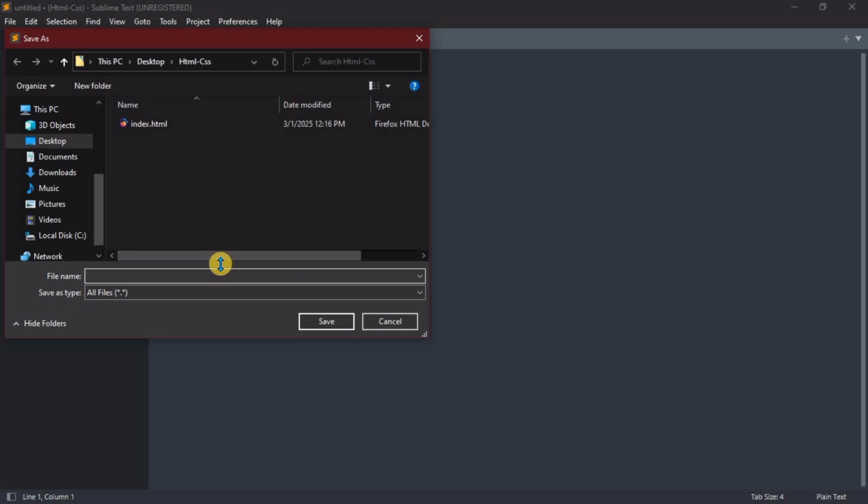Now just write style.css. It doesn't matter what file name you use, the file extension matters most. .css, make sure it is at the end. It can be add.css, it can be main.css, but let me keep it